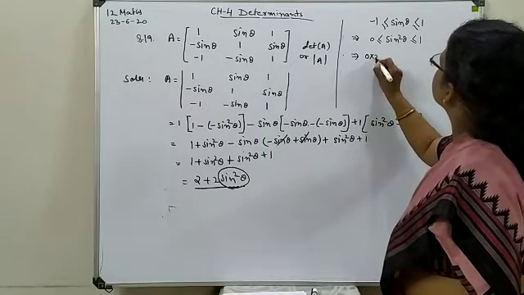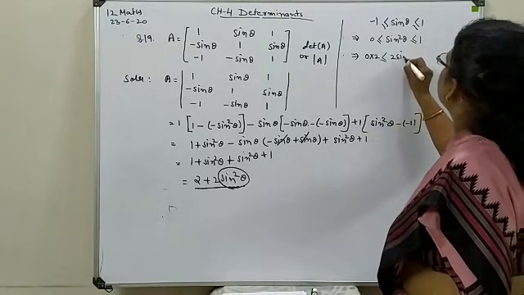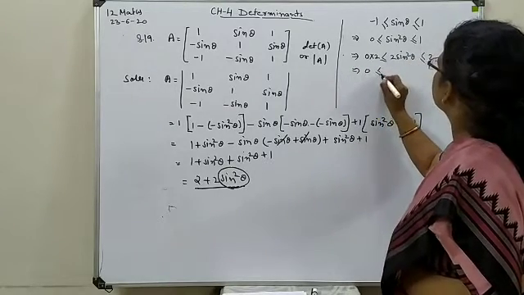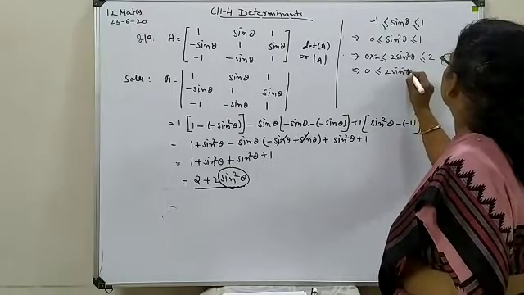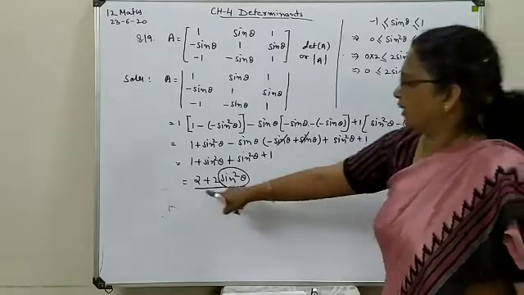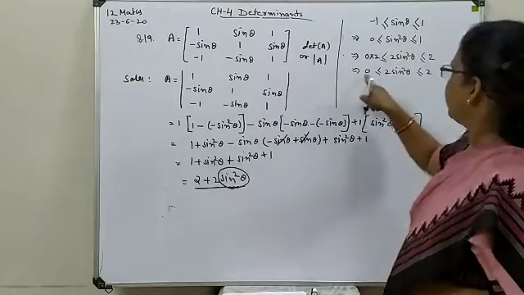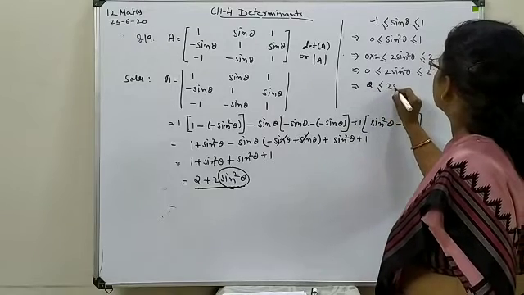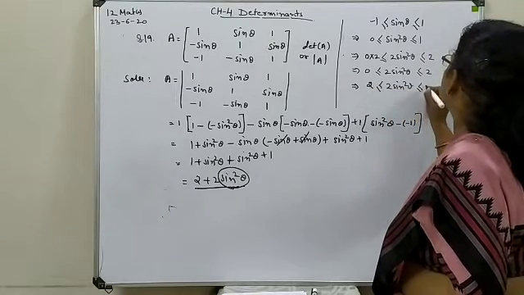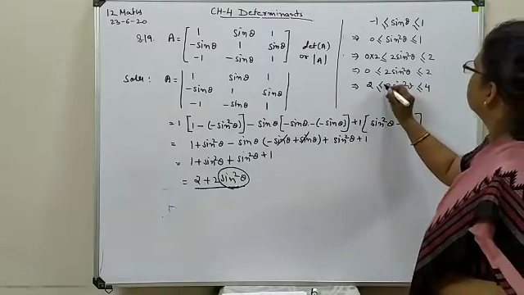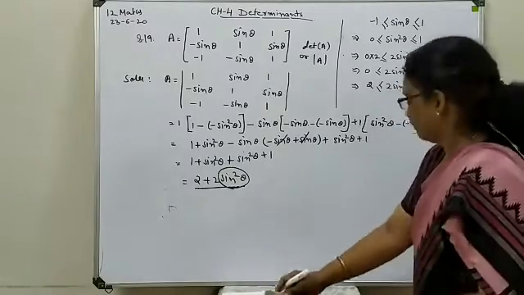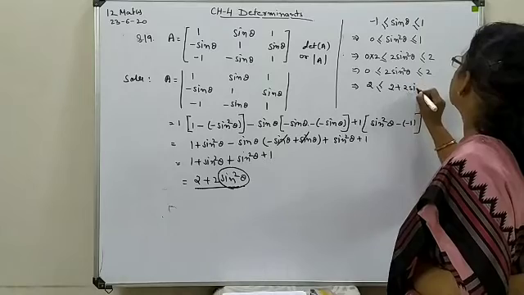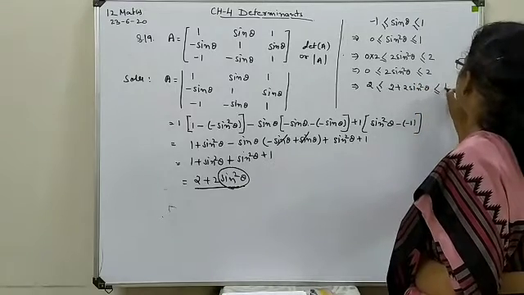2 into 0, 2 sine square theta, this is 2. So you will have 0, 2 sine square theta, and this is your 2. Here one more 2 we require as an additive form. So everywhere go for addition by 2. So this will give you 2 plus 2 sine square theta, and 2 plus 2 means 4.